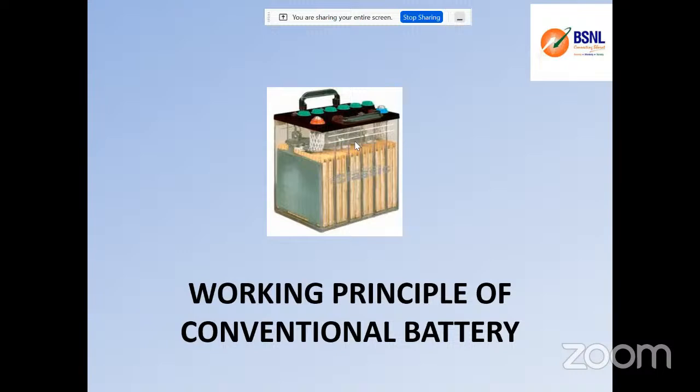So we can say that the battery is nothing but a cell or a storage device which can store electrical energy as chemical energy. In the reverse case, it can discharge the chemical energy back into electrical energy. So this is what it does. While charging, it converts the electrical energy into chemical energy and stores it. And in terms of discharge, it converts the chemical energy into electrical energy. So this is the technical definition of any battery.